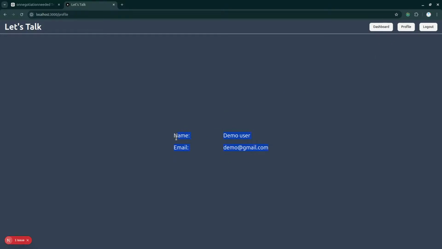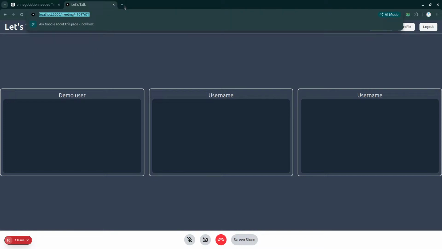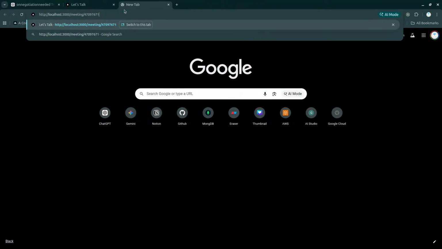As there is only one user right now, this information is just getting saved directly. I'm not making any request to the server. If I click on this, this is the demo user. I can just simply click on the camera and all. And what I want is, if other users try to join it, so if I just open another, but before even that,